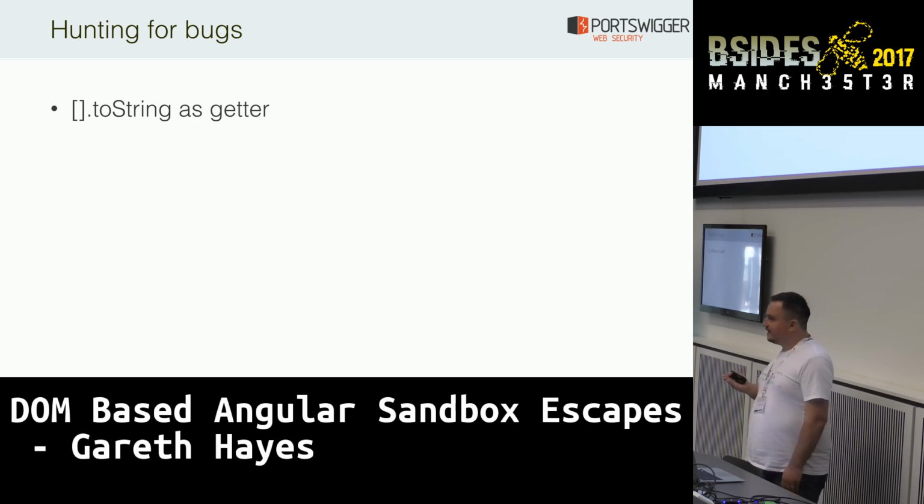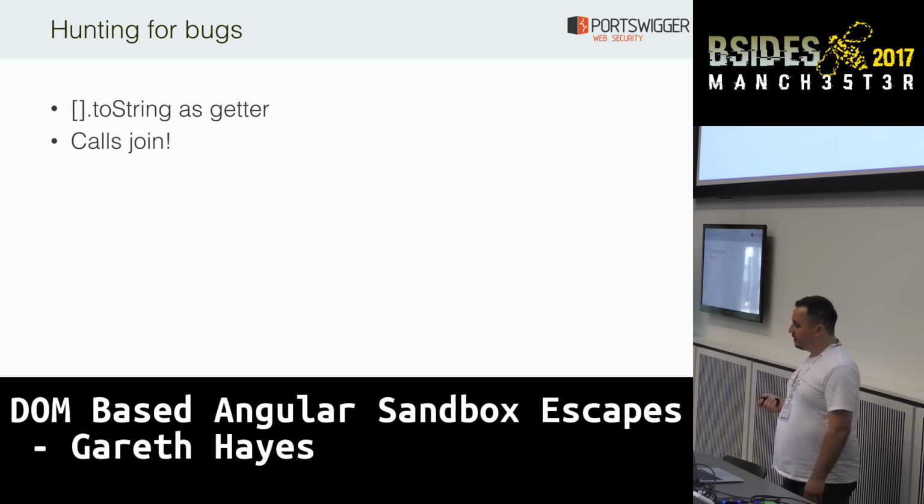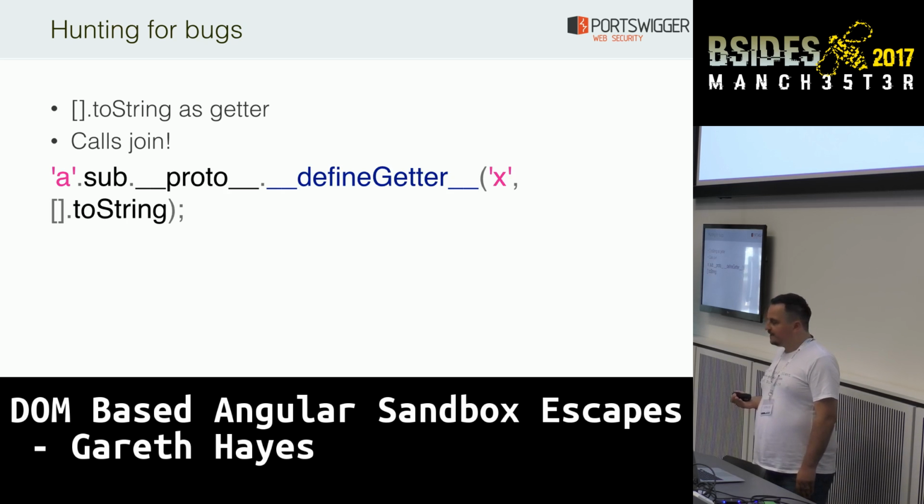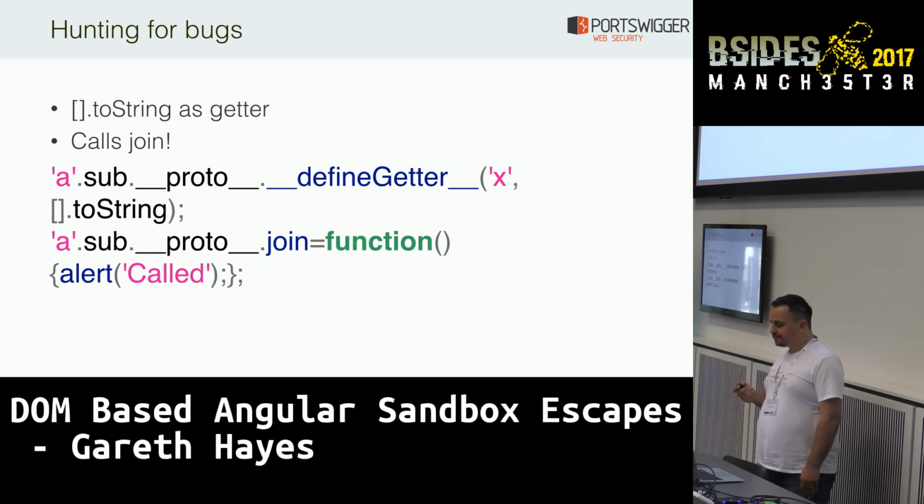So the first interesting thing that I found was that array.toString can be called as a getter. And it calls the join function, which you'd probably expect, but it's pretty cool. So here we modify the function prototype and add a new getter. Define getter defines a getter on that object. X is the property that I want to add the getter on, and the function I want to call is array.toString. And I define a join function on that object, and the join function is called when the getter is